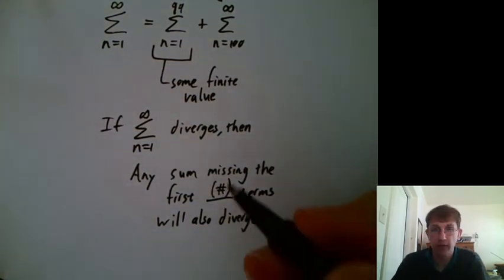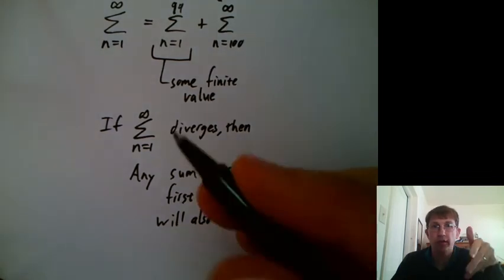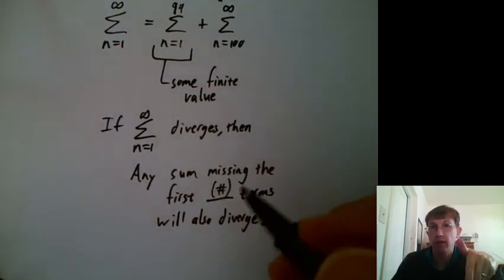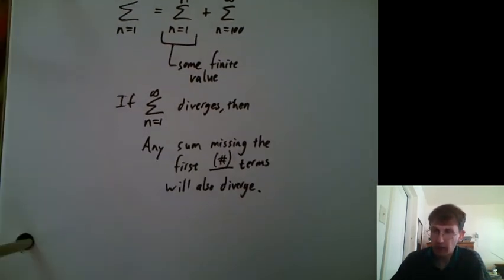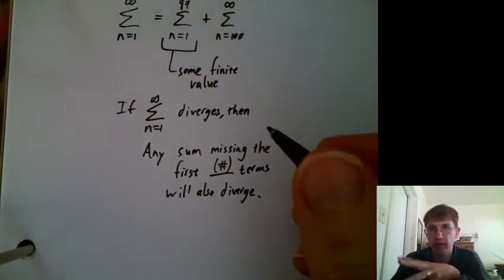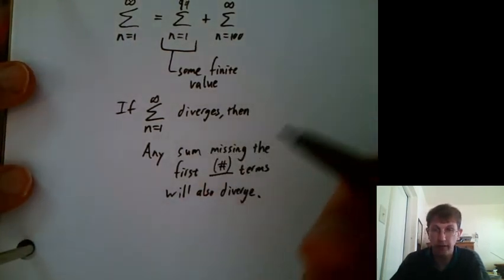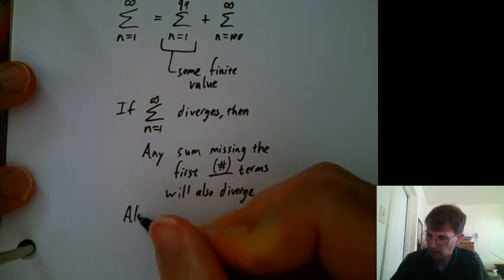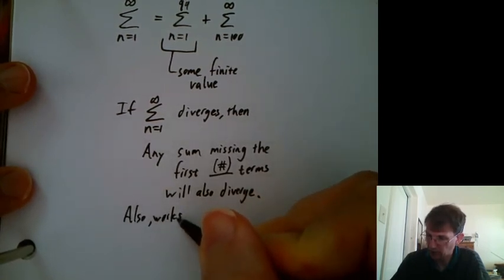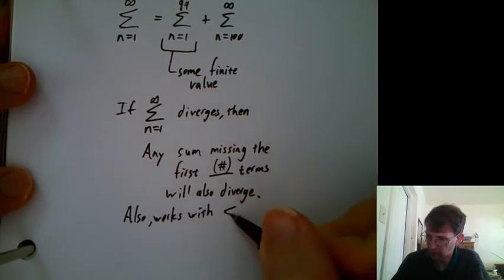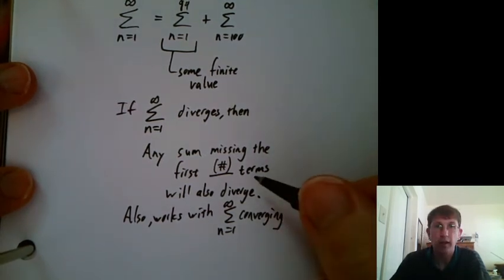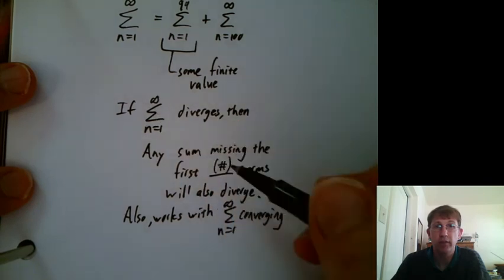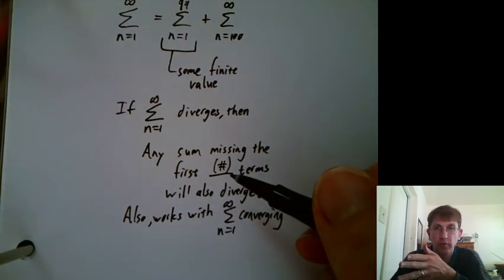Do you think this idea works with if the infinite sum converges, then any sum missing the first blank number of terms will also converge? As long as we don't have any infinities in the middle and negatives canceling each other. And here I said if the infinite sum diverges, then any sum missing the first some number of terms will